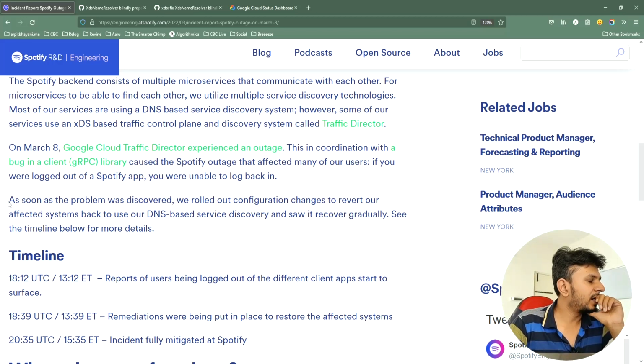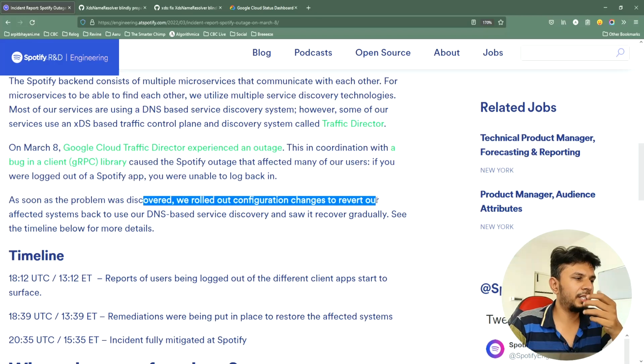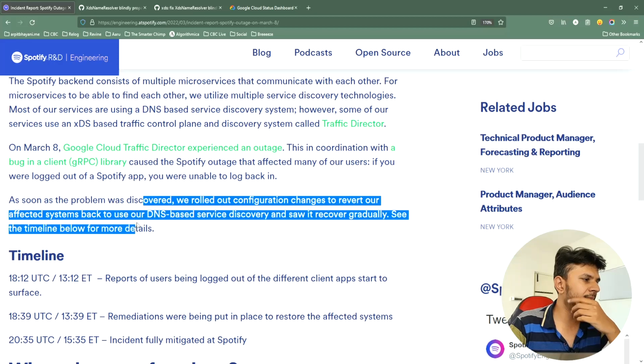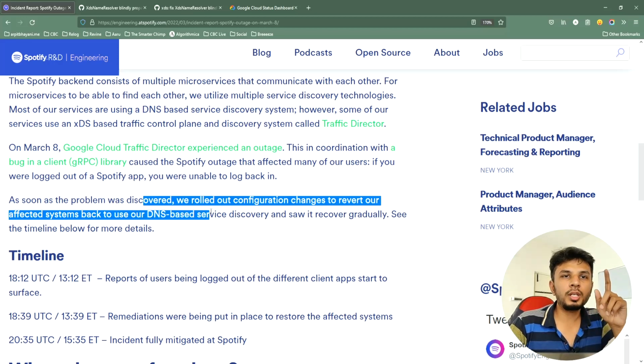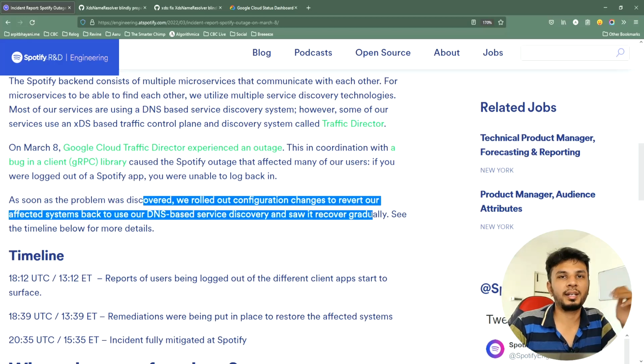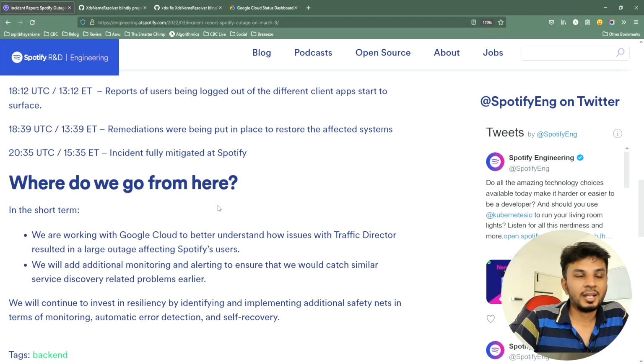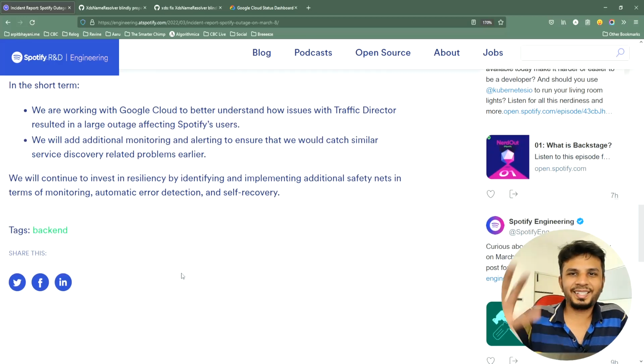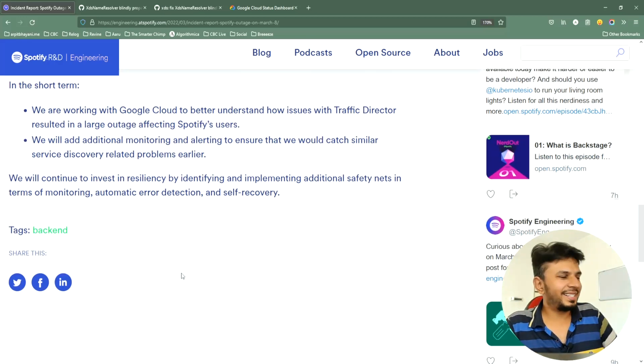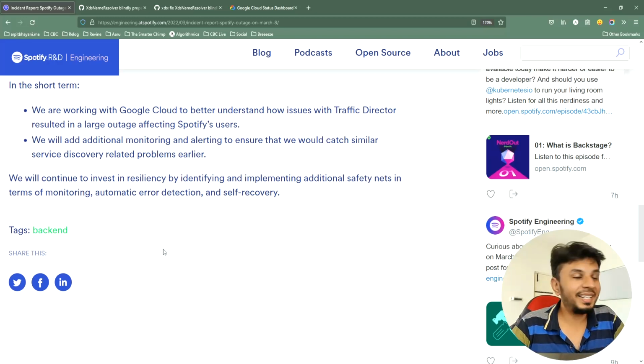Okay. So what did they do? As soon as the problem was discovered, a Spotify team rolled out a configuration change to revert our affected systems back to use our DNS based service discovery, and saw it recover gradually. And this is what they gave out as a timeline. Some cloud provider broke, which affected this, plus a very interesting thing around proper error handling strategies.